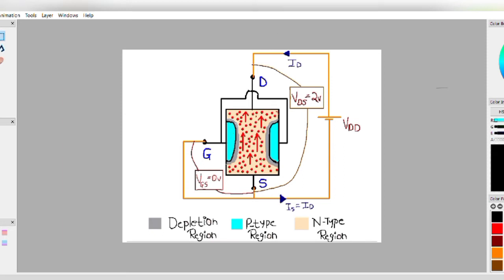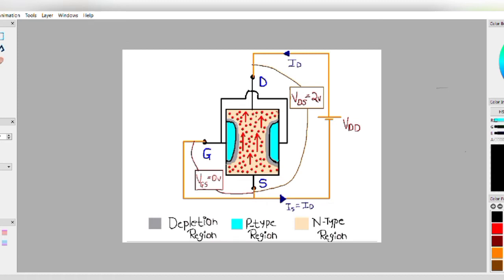Okay, now we will see the working of N channel JFET. See, for that we had kept VG as 0 volt. I mean, we had given 0 volt to the gate terminal, and we had kept VD at 2 volt. Due to this, the depletion layer occurs. Since it is not actually 0, we are assuming it as 0, but you can say that it is negatively charged. This is negative.